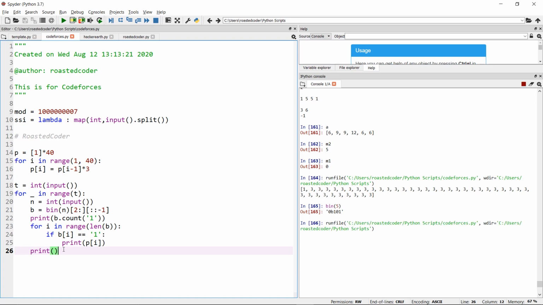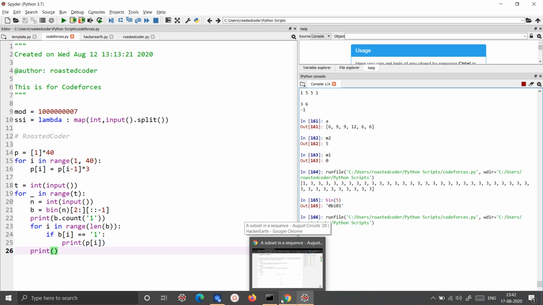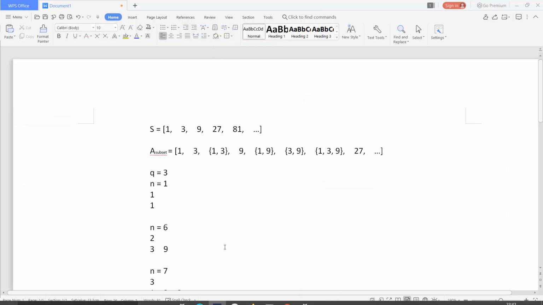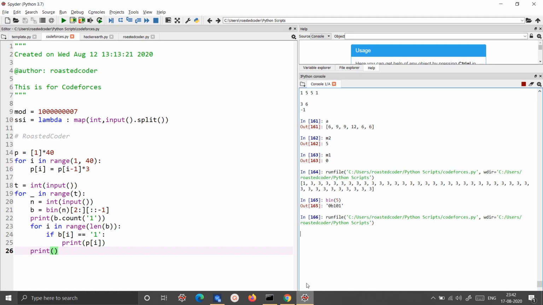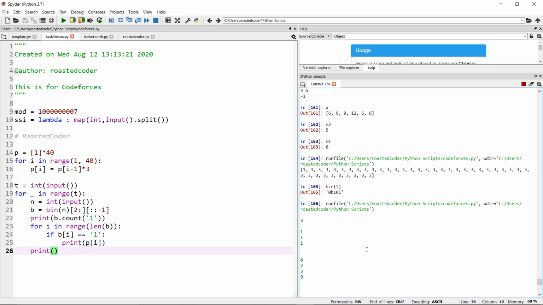Now let's run this, and let's take these test cases: 3 queries, 1, 6 and 7.